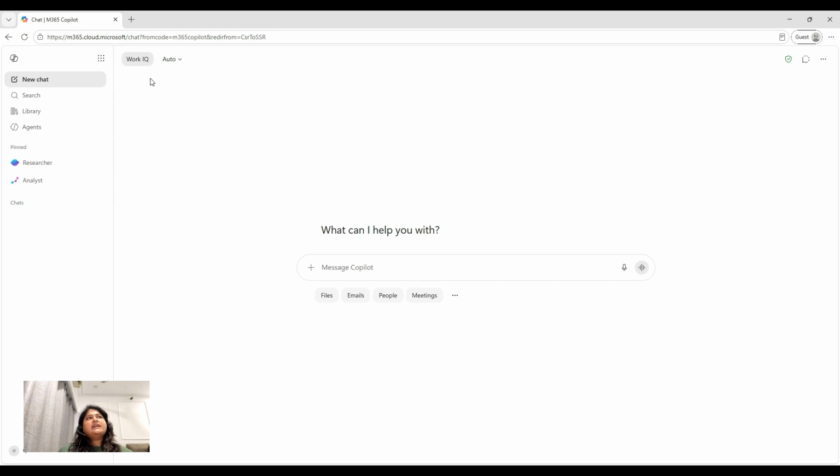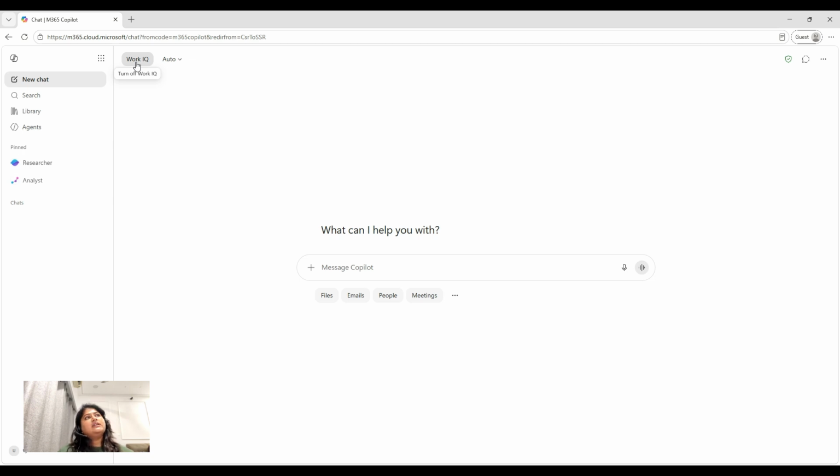Now, there is a very interesting feature here which is Work IQ. Turning on Work IQ means Copilot has context to all the work that you have been doing, the projects that you are working on, the files that you have been sharing with your colleagues, the chats that you are having with your teammates, the emails that you have been sending related to a project or any other thing.